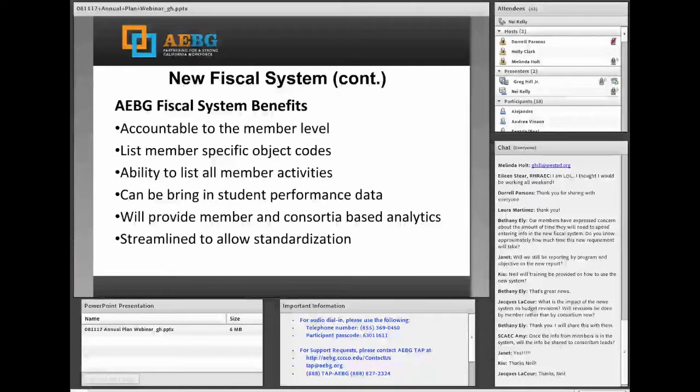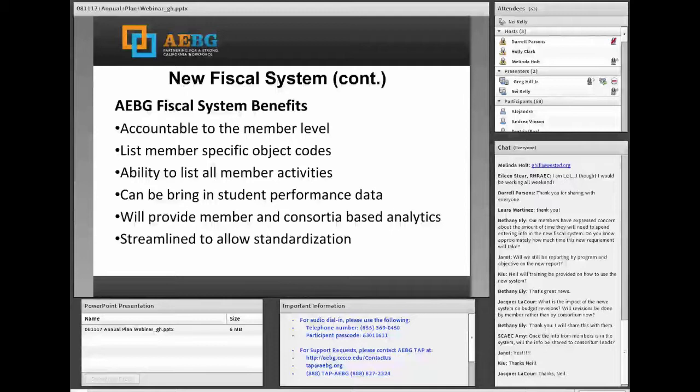So here are the benefits: accountable to the member level. We're only using object codes for reporting of expenditures and budgets. So like Janet was asking, we won't be tying the money to program and objectives. It gives the members the ability to list what activities, and they'll be standardized so we can roll this up either at the consortia level or at the state level.